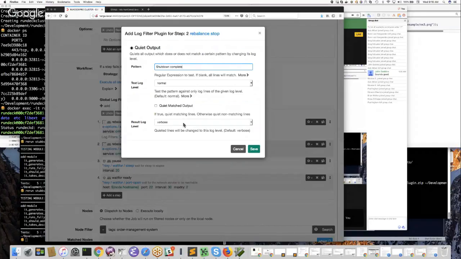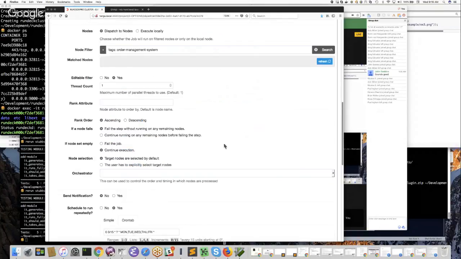That gives the job runner one extra choice: let's say it's not working the way I expect, and the job writer says, well, run the job in verbose mode, then it won't be quiet. So it'll be quiet normally, but if you run it in verbose mode, you'll see it. And we're going to say quiet matched output here. Let's save it,